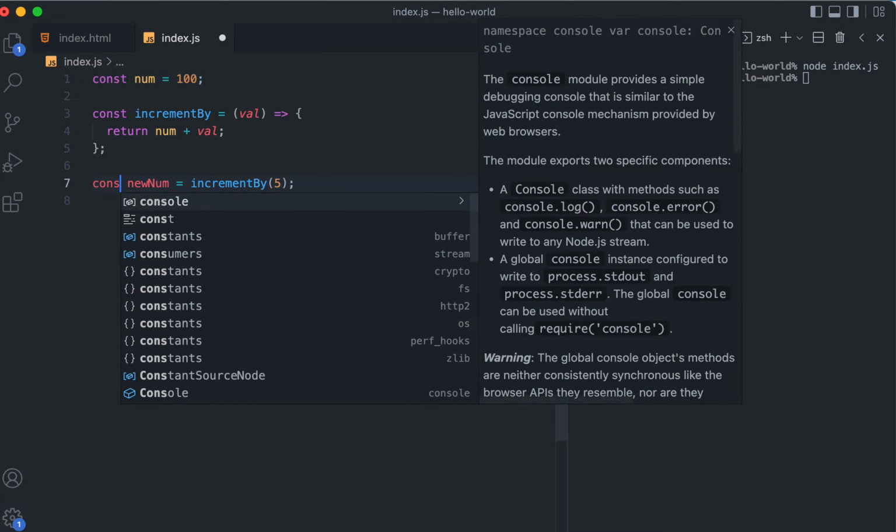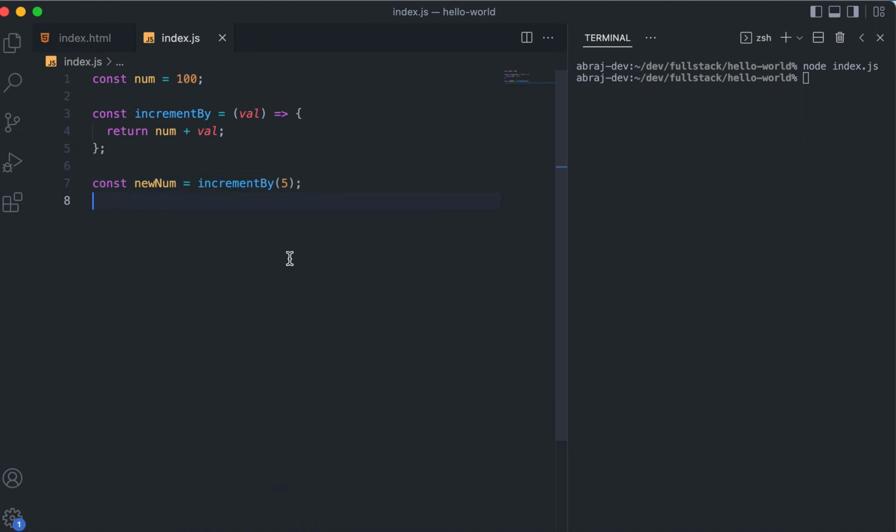Okay, because we are not modifying it directly anywhere. Now you see that 100 plus val, whatever val, 5, is passed, then 100 plus 5, 105 is returned, but we did not do anything with that value. That value 100 plus 5, 105 is returned,